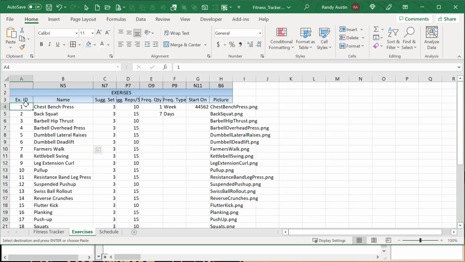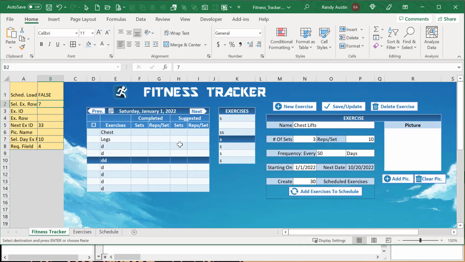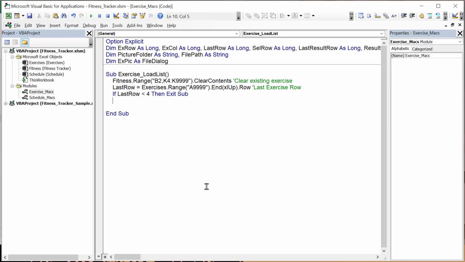I want this ID to come with it. So I want to bring in columns A4 through B, and I want to bring them directly inside J4 through K4. So we're going to focus on that fitness sheet, starting out with fitness.Range J4 through K and the last row. Because they both start on row 4, we can use the last row, .Value equals